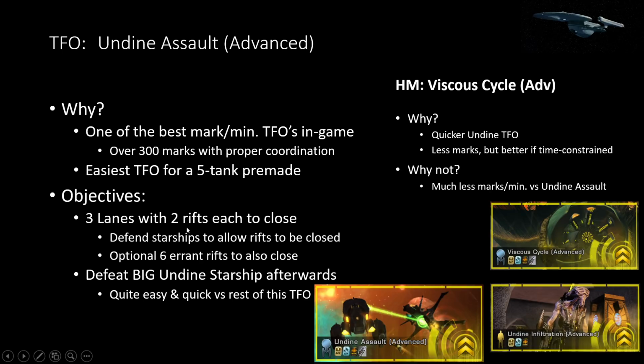Basically, there's 3 lanes with 2 rifts in each lane. There's a starship in each lane that can open the rifts and make them vulnerable, so you can actually destroy the rifts or close the rifts. If those starships are destroyed, then you have to wait for a new one to spawn and go down the lane again. So being able to protect those starships is really important, which is